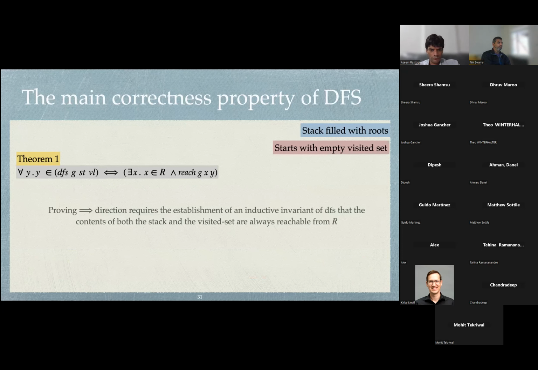Now, proving the forward direction only requires establishing an inductive invariant of DFS. That is, the contents of both the stack and visited sets are always reachable from R. If we are able to maintain this invariant in the recursive procedure of DFS, we are guaranteed that when the stack becomes empty, whatever contents are in the visited set are